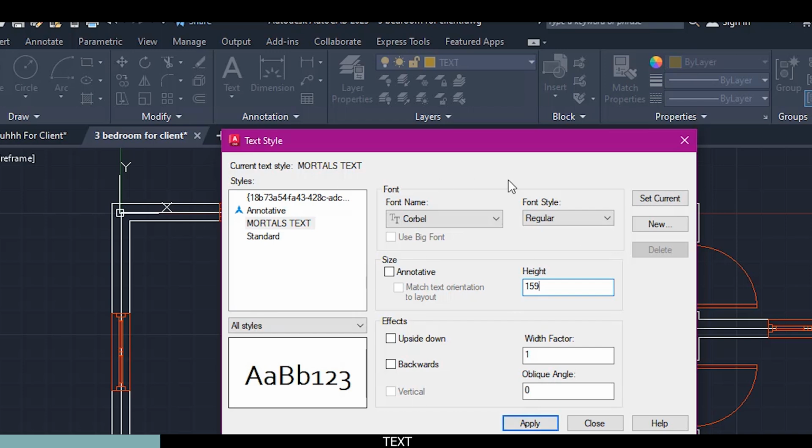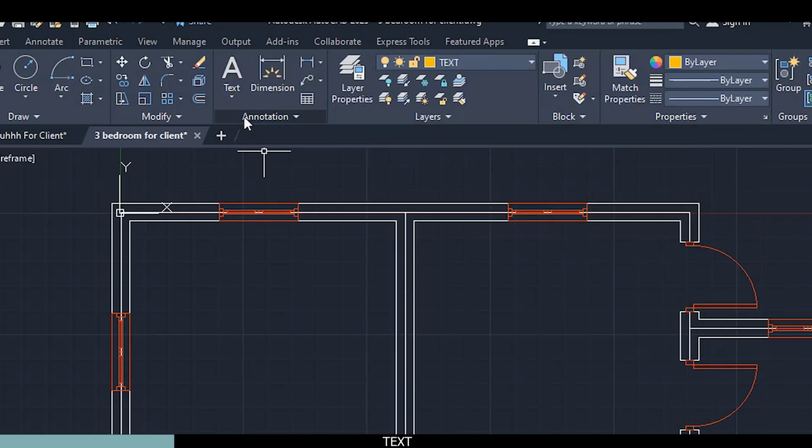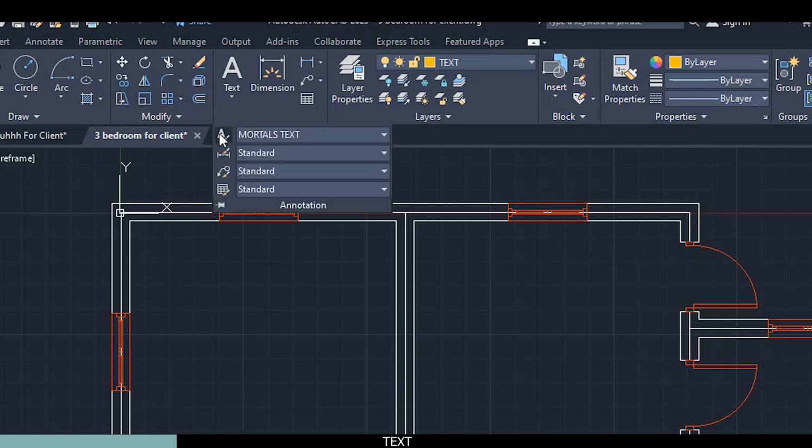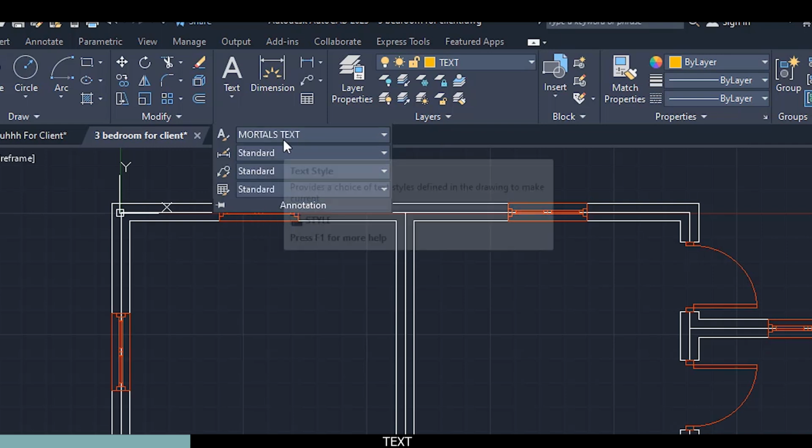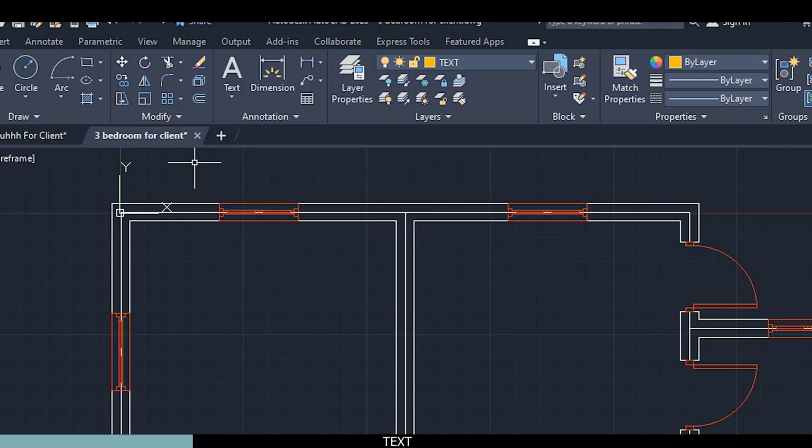Just leave everything, only these two things modified, and just click on apply. Click on this set current to make it our current text style. So click on it and then click on this close. And now click on the annotation to get this drop down. Next to the text style, you can click on the drop down and there we have it, our mortal text. Click on it. As you can see, it is our current text style. So click away or just hover away and